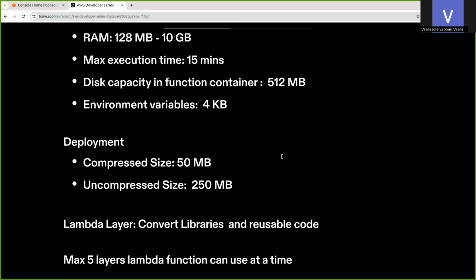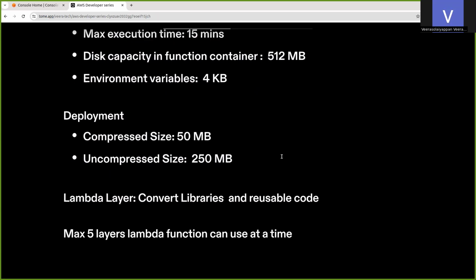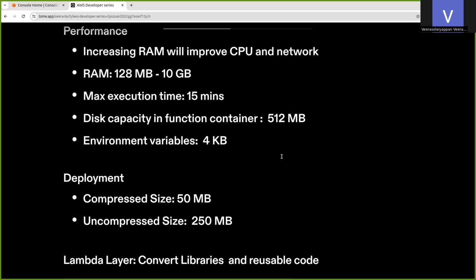Another way is, if you have common functions or common packages used in various Lambda functions, you can convert those into Lambda layers, so you can reuse the code. That's one of the advantages. But for a particular Lambda function, we can attach a maximum of 5 layers at a time. So that is the performance-oriented and deployment details.